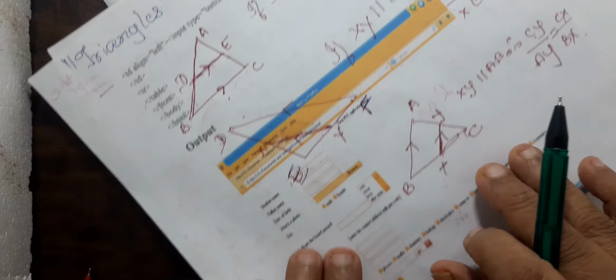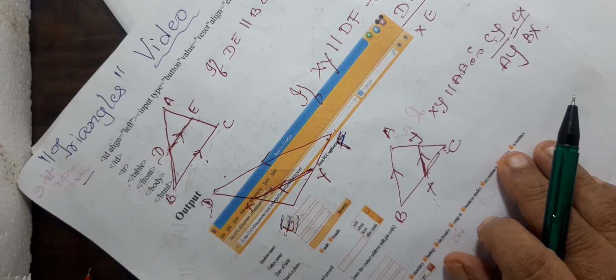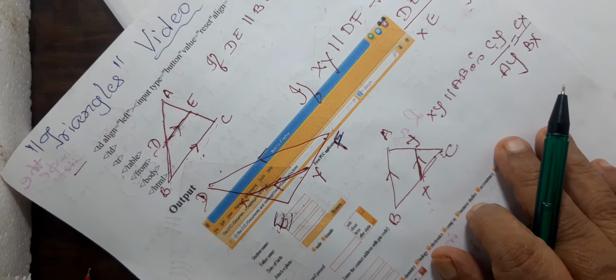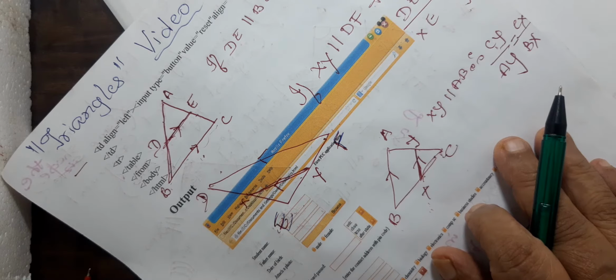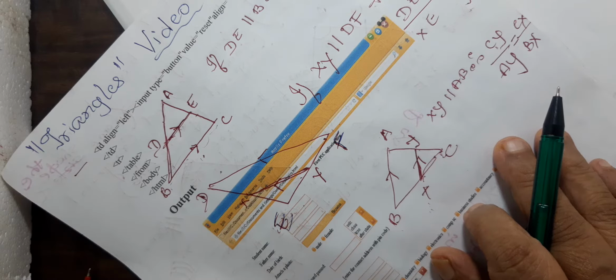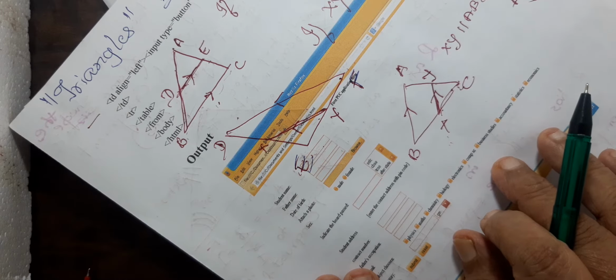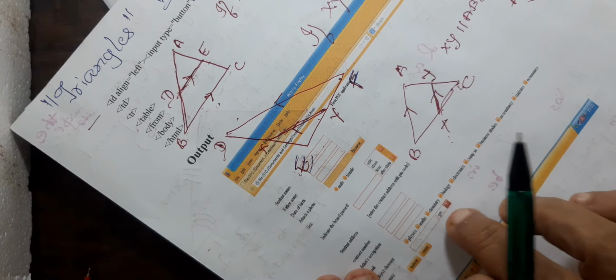If a straight line, so try to remember what I was telling you yesterday, if a straight line is drawn parallel to one side of a triangle, it will divide the other two sides in the same ratio or in the same proportion. I had told you this yesterday. So this DE line should meet AB and AC at D and E,